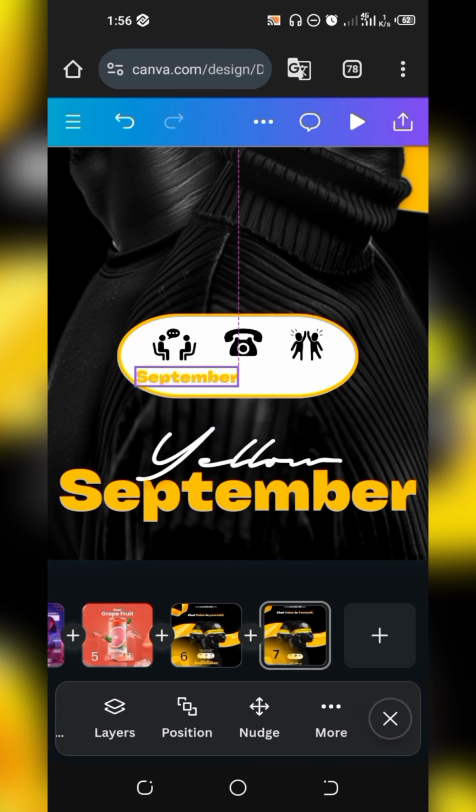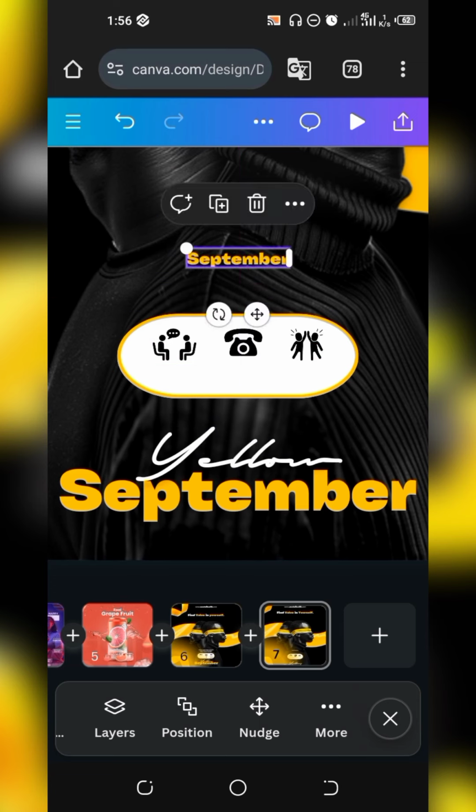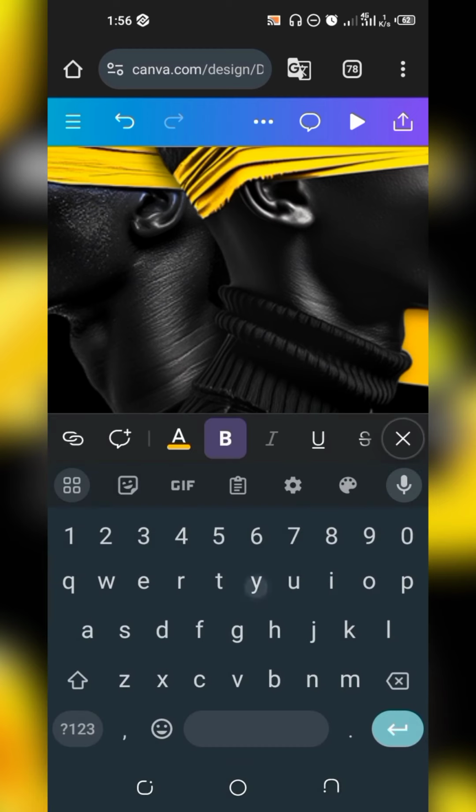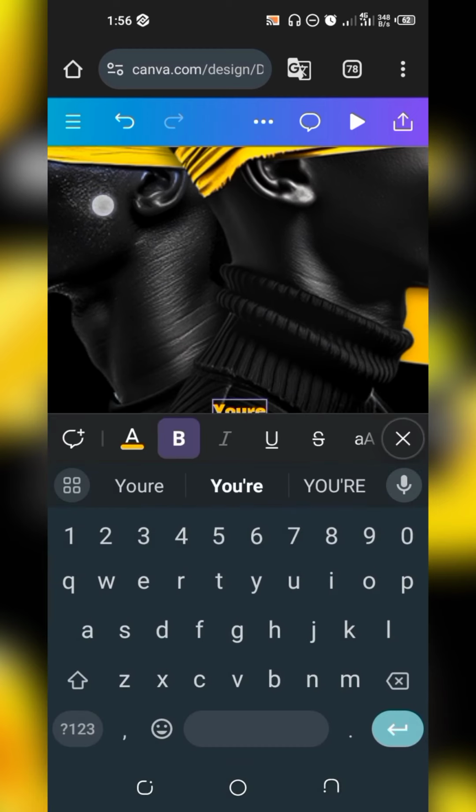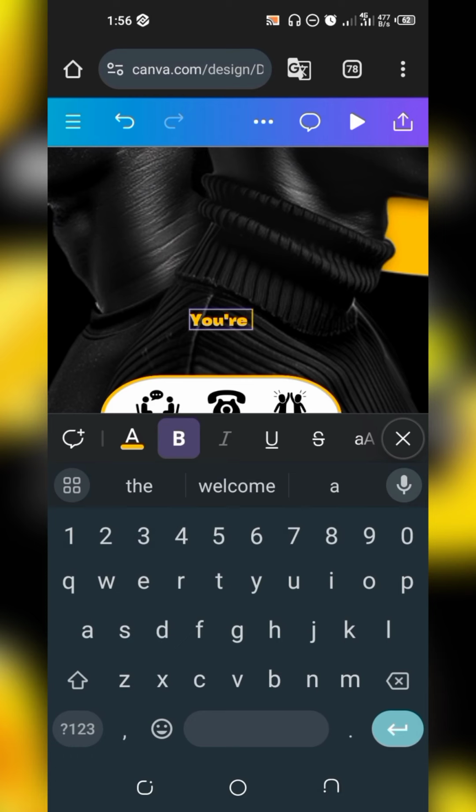Okay, before that, let me make you understand why the icons are there. The whole write-up that inspired the icons to be there is: you are more than enough. I'm speaking to you who is watching this tutorial now.